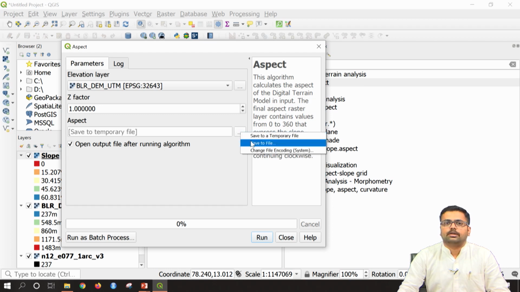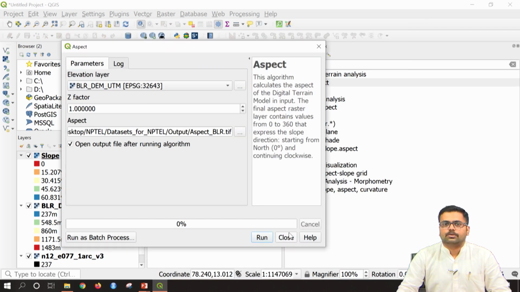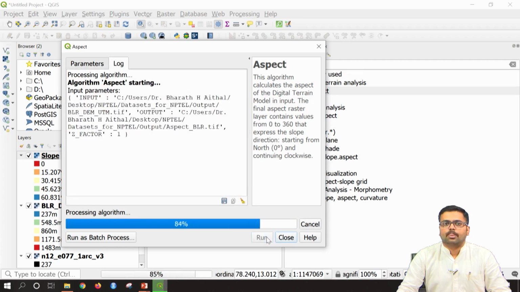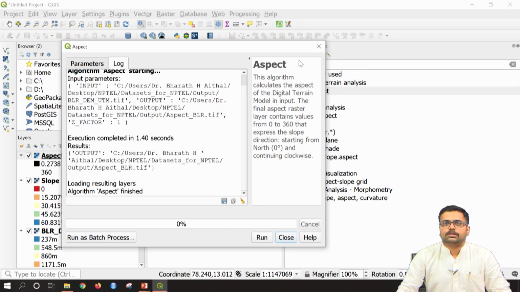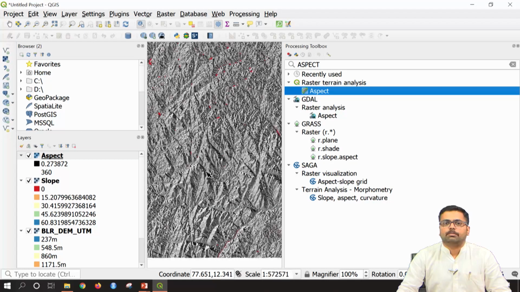You can right click and say save to file. This time I will give it as aspect underscore BLR, then say save. Once that is done, you can say run. Once it is finished, you can close the aspect dialog box. Here you can see the aspect map.